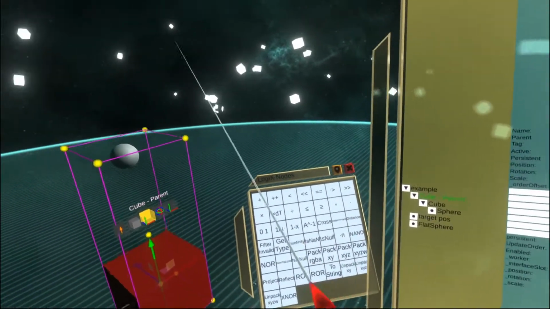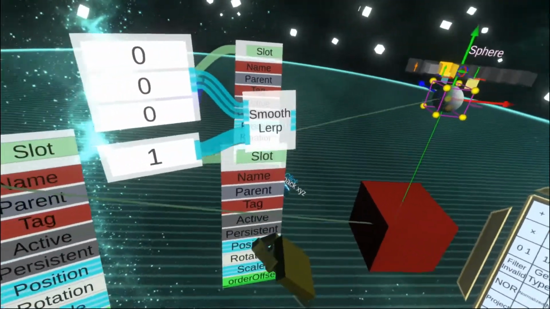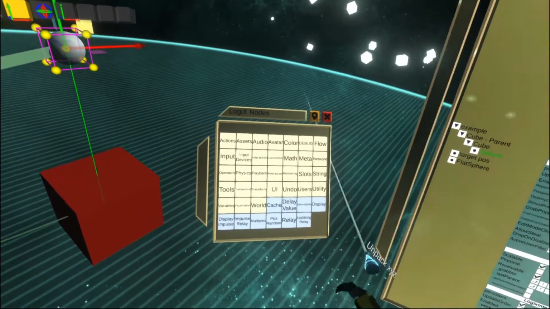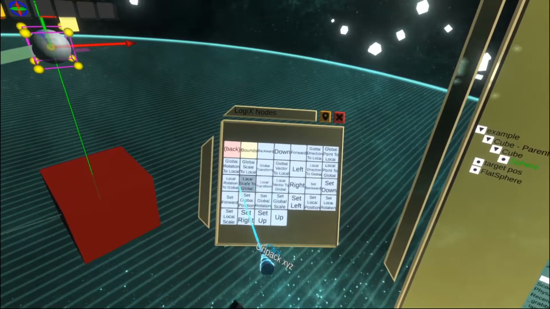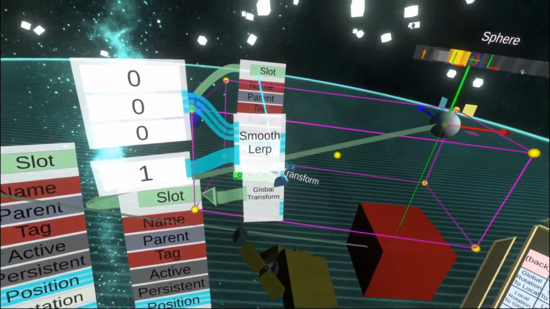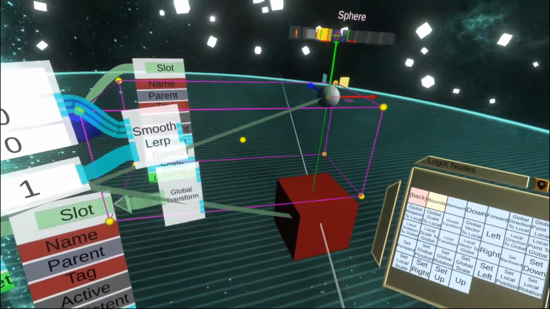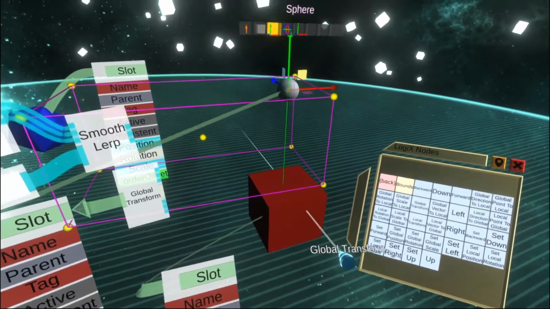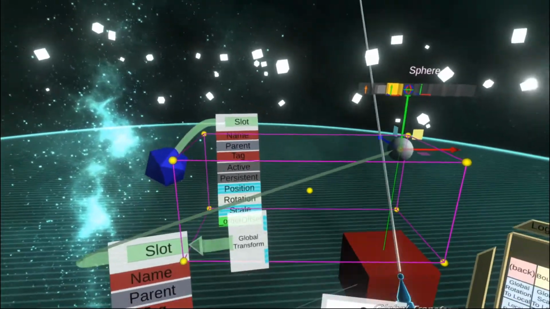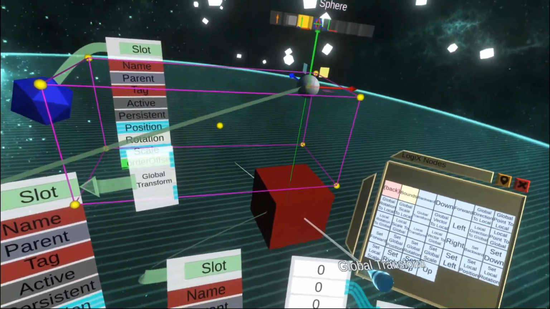So if I take that sphere and I take its global position, so I'm getting the global position of that sphere, not the local position, and I give the cube here its target position through a smooth lerp of the position of this sphere,